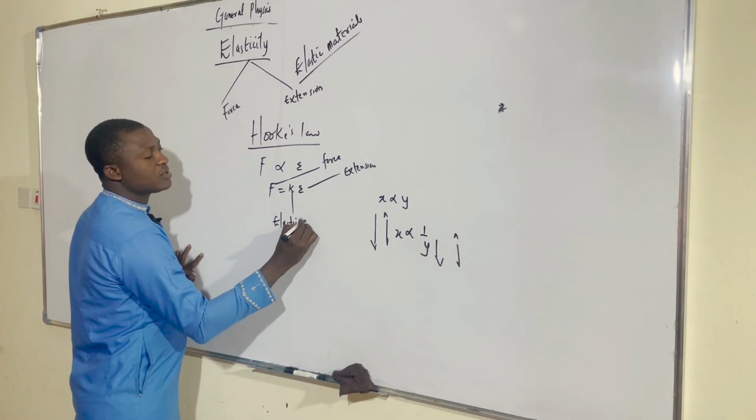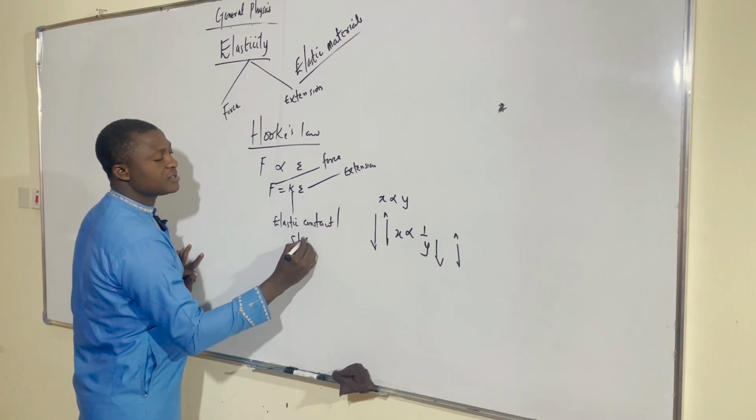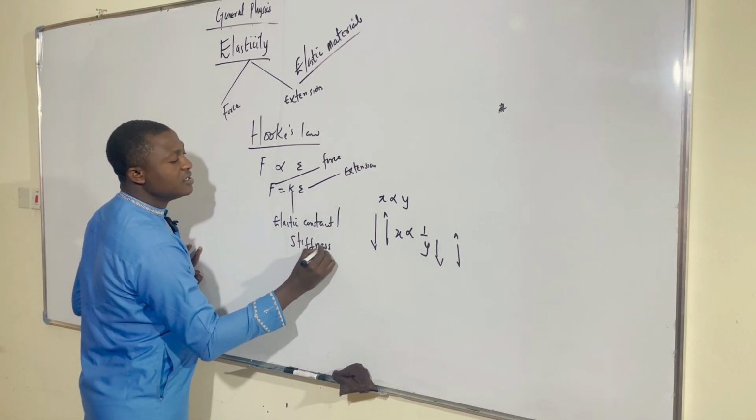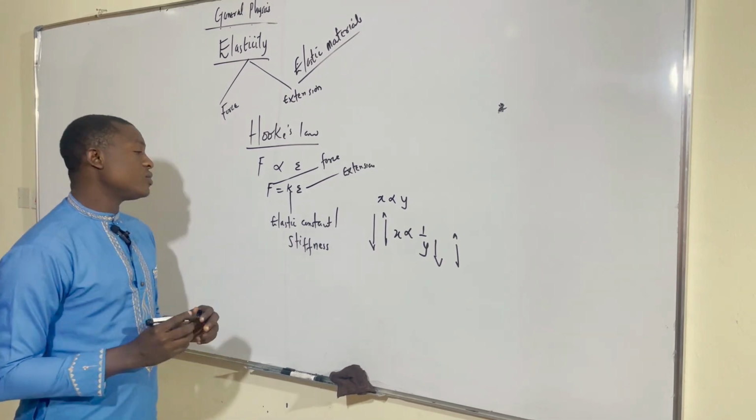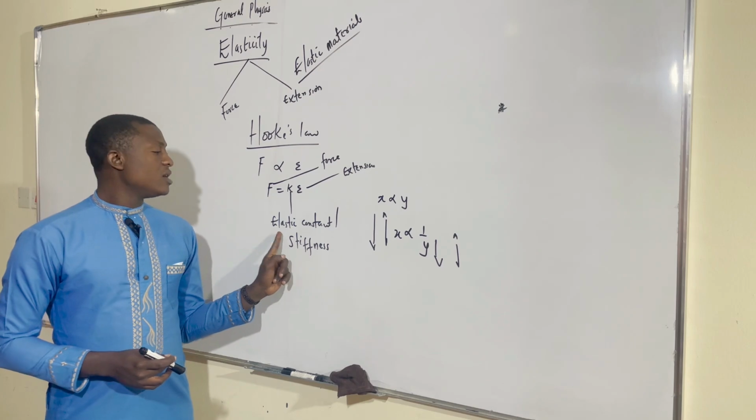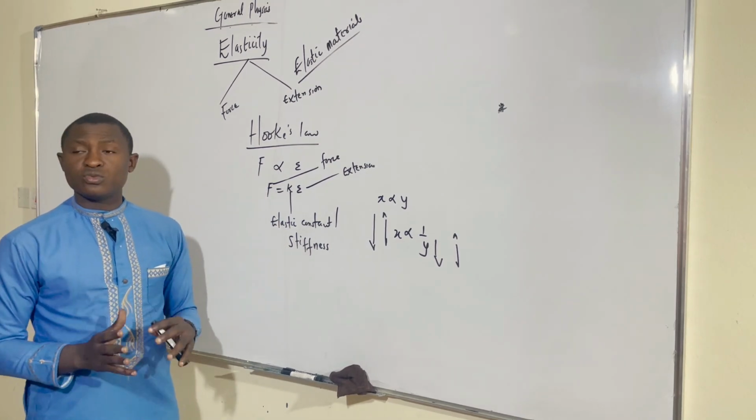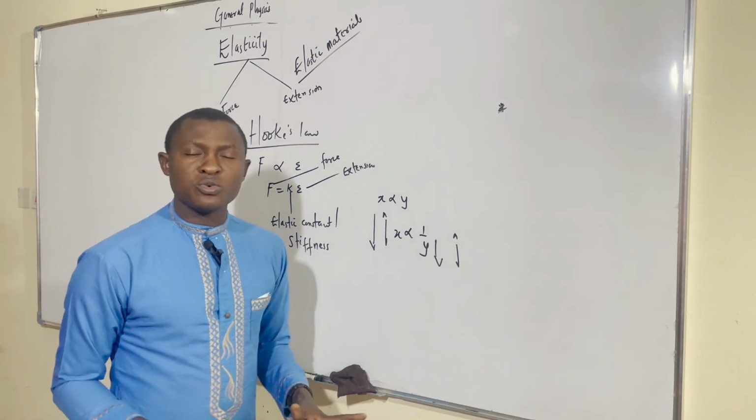They can call it elastic constant, or they can call it stiffness. It's still the same thing. Stiffness. Science has beautiful terms. So in some cases, if you are asked to calculate the elastic constant, or to calculate stiffness, they are referring to K. I hope you are following, right? That's all we need under this